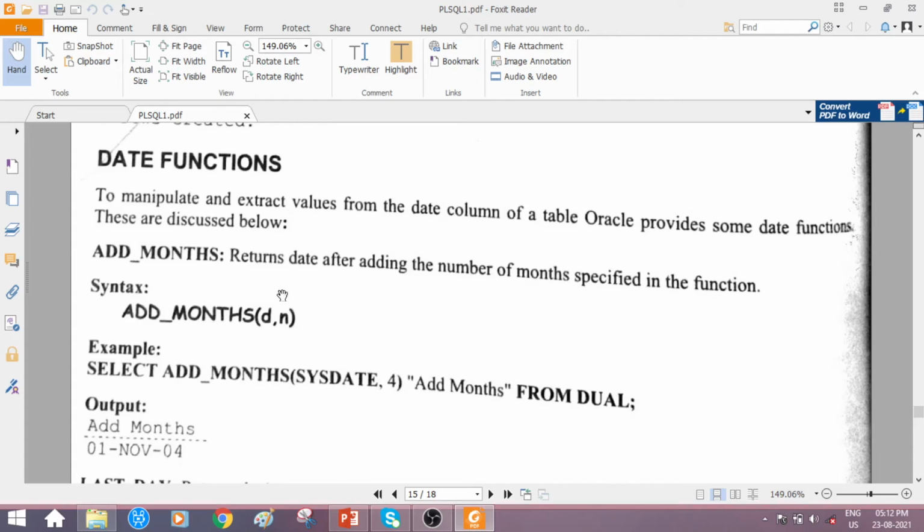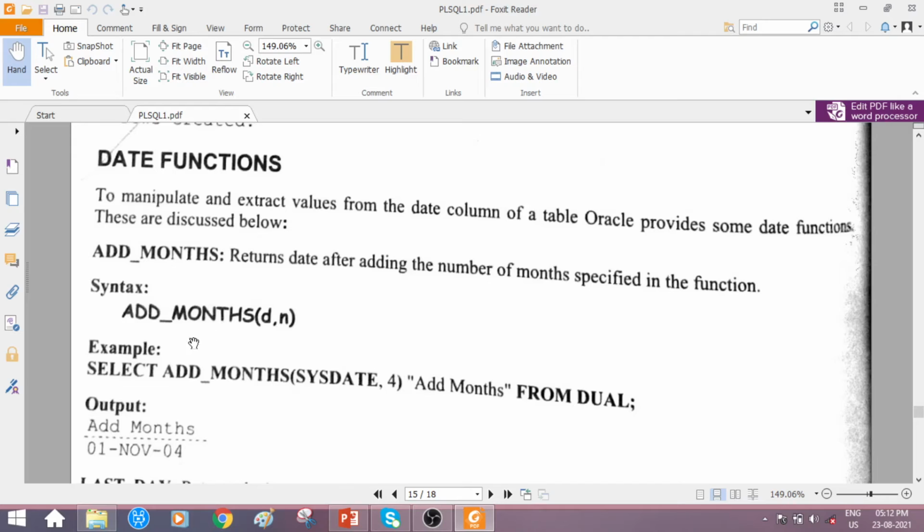If you give a particular date, and along with that how many months you want to add, that date has month information, and whatever n value you give, that much will be incremented for the month.